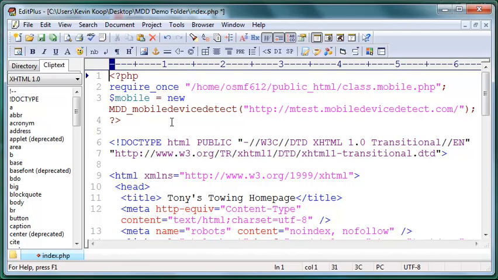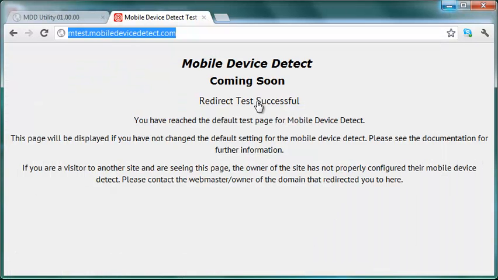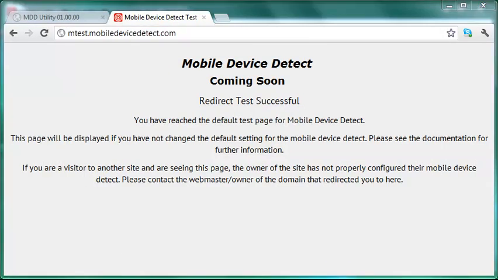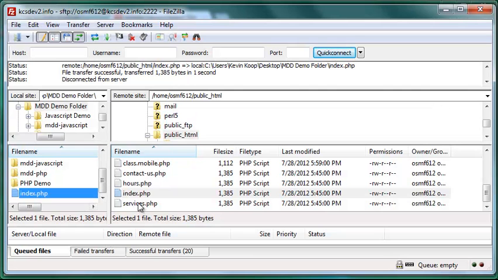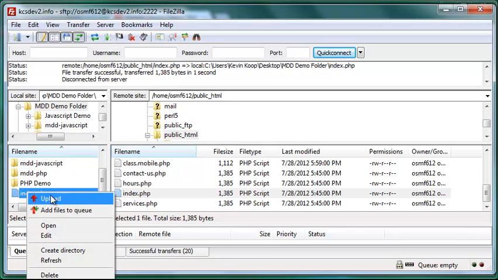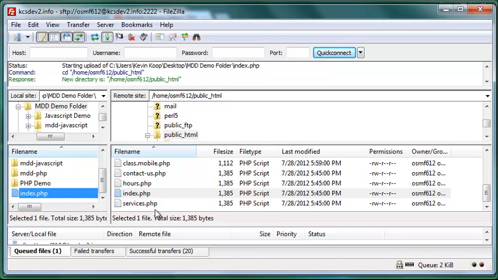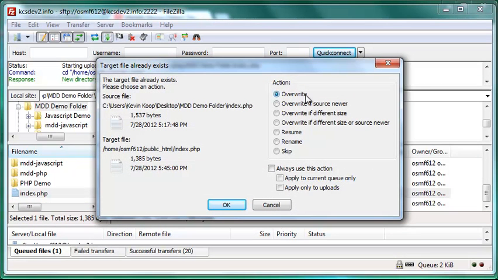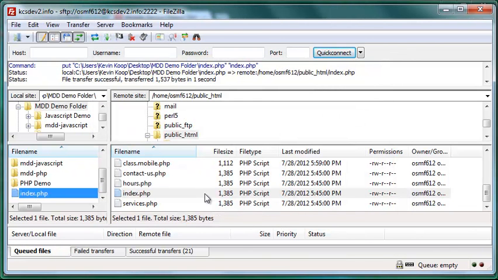So with that done, you can save the page and we can upload it back to the server. So this is the file that I downloaded and we altered. I'm now going to right click and choose upload. It's going to ask me if I am sure, do I really want to overwrite this file because it already knows that that file exists. I'm going to choose OK, and it's going to finish that process. With that process finished